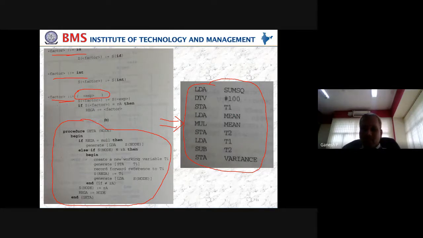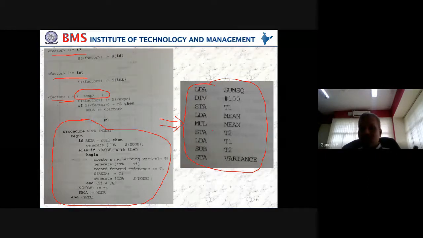Actually this is what we are talking about as object code, since we are not visualizing a specific programming language. We have not taken a compiler for C, for Pascal, or for Java. That is the reason why we are stopping at this SIC/XE. But practically speaking, whatever we are seeing on the right side, LDA and so on, that is not SIC or SIC/XE; that will actually be your object code. This is only to help us understand how it is going to be. Once you know the assembly program, we know how to convert this into an object program. That is the reason why we are stopping here.